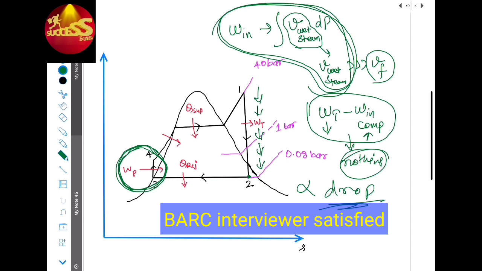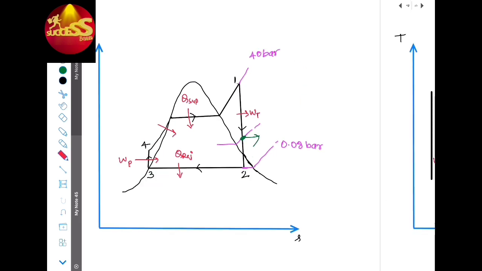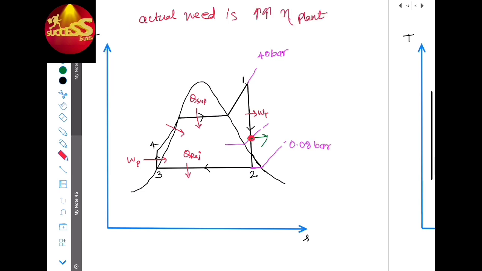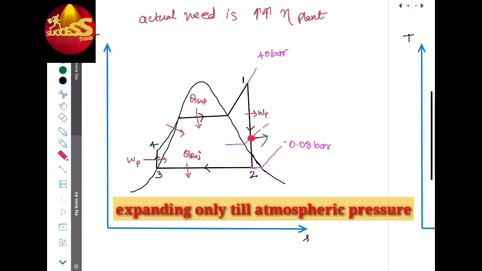After this point, many persons get satisfied with your answer and they will close your interview, or they will stop asking questions again. But I will tell you the actual need of the condenser. The actual need of the condenser is to increase the efficiency of the plant. How? Okay, if we exit all the steam to this pressure, that is 100 kilopascal, or atmospheric pressure, that is 1 bar. So if we exit all steam to this pressure,